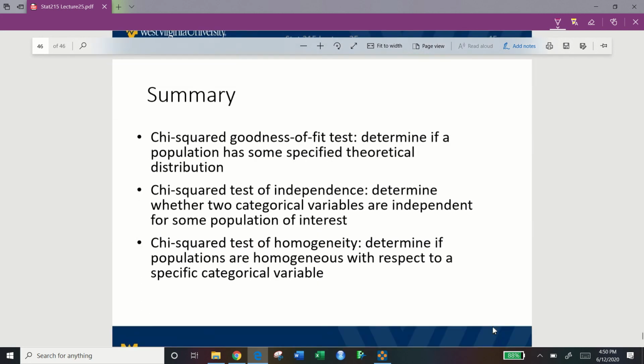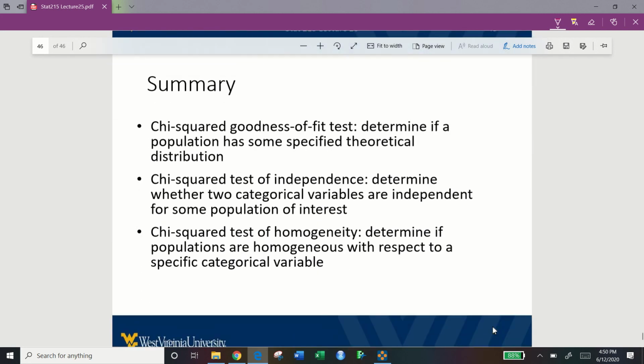All right, so that brings us to the end of this lecture. Let's just do a quick summary of everything we've learned. We started off by looking at the chi-squared goodness of fit test to determine if a population has some specified theoretical distribution. Then we looked at the chi-squared test of independence, which determines whether two categorical variables are independent for some population of interest. Then we looked at the chi-squared test of homogeneity, which determined if populations are homogeneous with respect to a